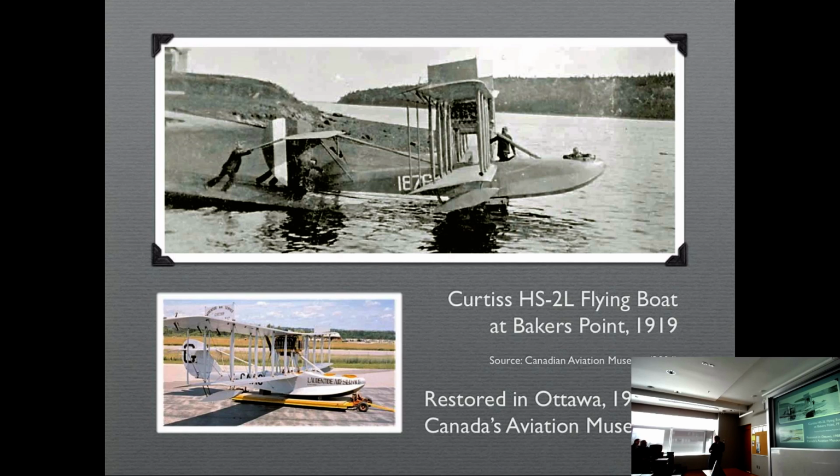These seaplanes were actually very, very useful. They were also called the flying canoes because they could land on any water surface. Landing strips at the time not being as ubiquitous as they are now. So in this case, this Curtiss flying boat was one of 4 boats that were left by the Americans here. The Americans were the first ones to establish the station in 1818 to patrol the coast for German U-boats.